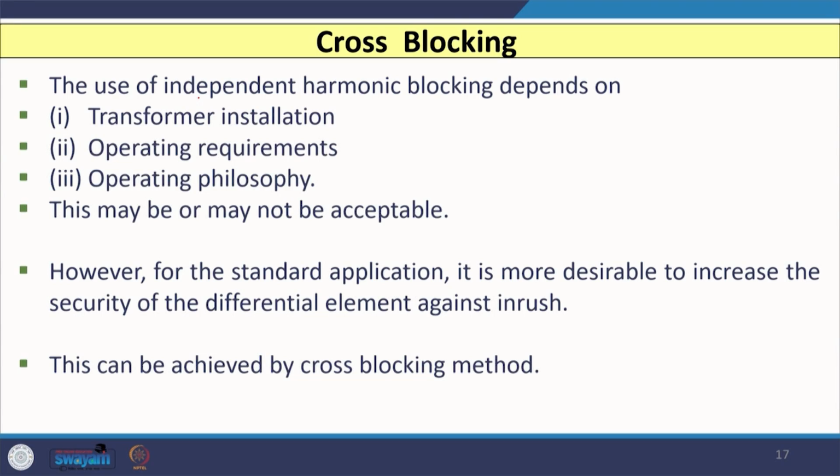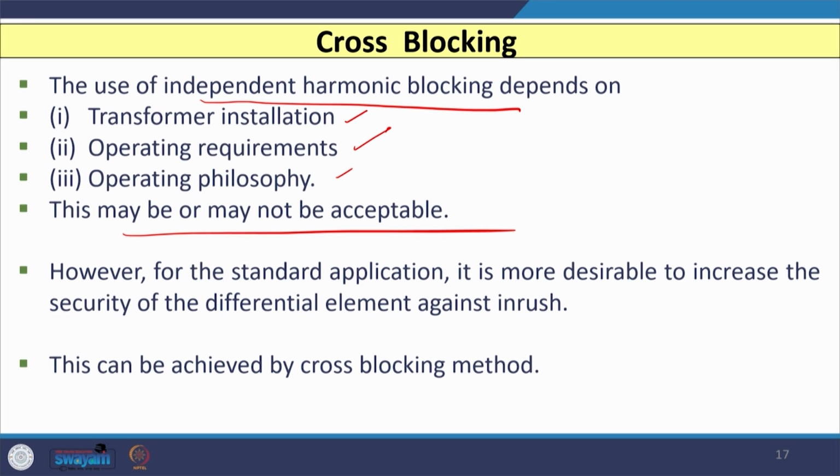So, whether we want to go for independent harmonic blocking, that depends on the installation of transformer, operating requirements and operating philosophy of the transformer, and this may or may not be acceptable by each and